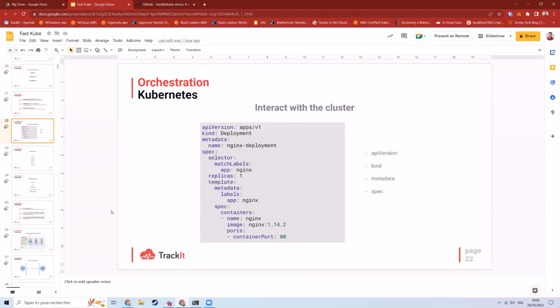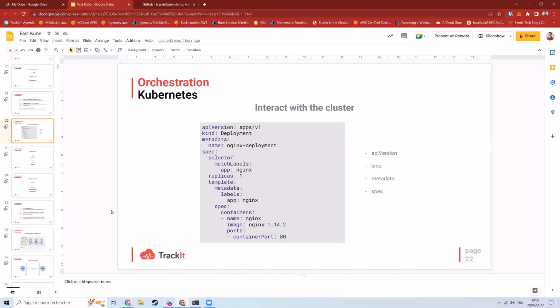Okay. But what about Docker Swarm? Is it a competitor? No, Docker Swarm. Docker Swarm is really a little brother. Not technically, because it's very different, but it's closer to what you can do with Docker Compose.